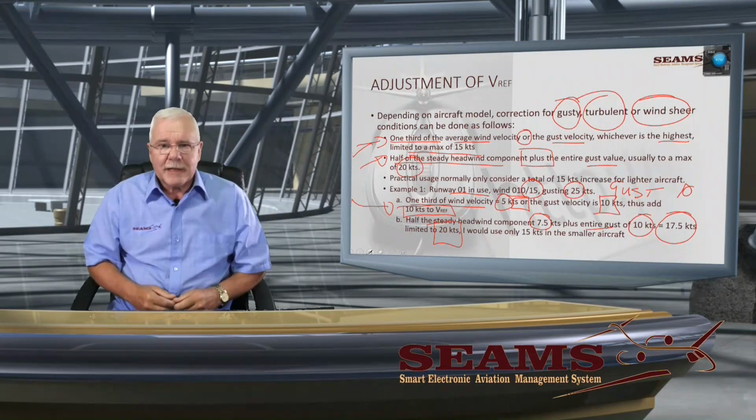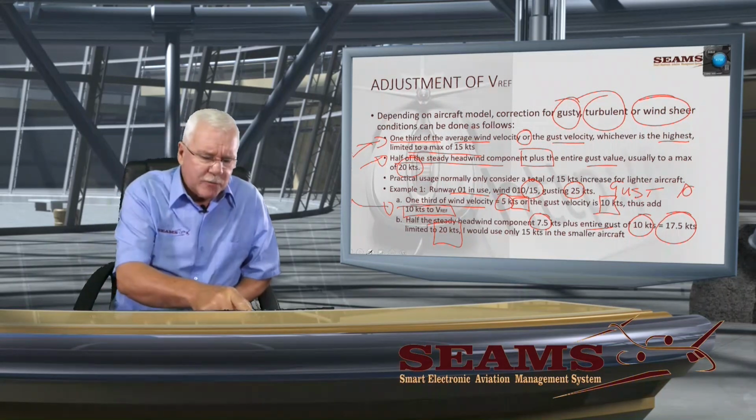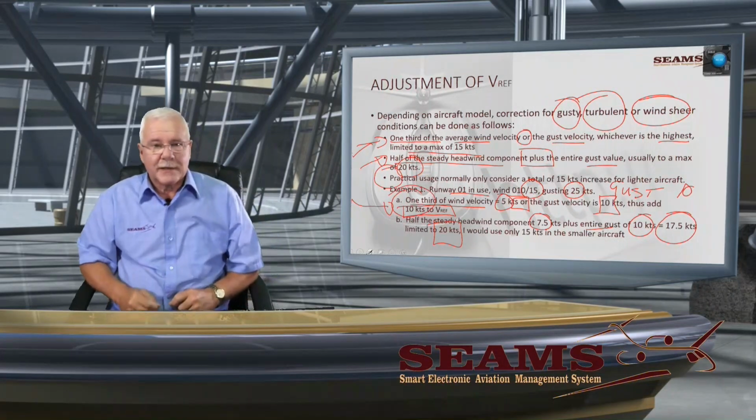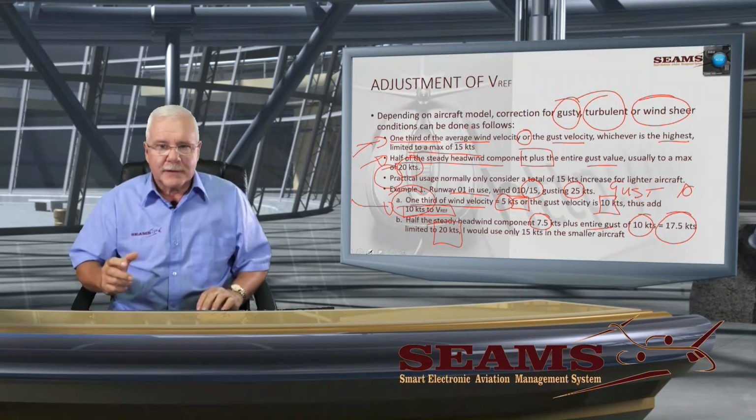When you fly the bigger stuff, you know, it obviously becomes important that you do it according to the handling. But most of us, if we've got a little bit of gusty conditions, I suggest that we actually use, I like that one, all right. But if you want to add 15 knots, add 15 knots. It's not going